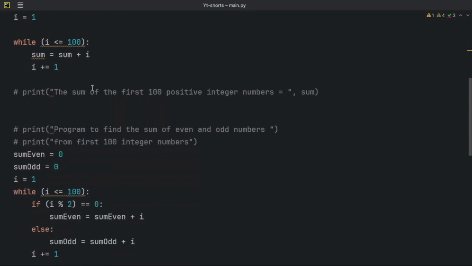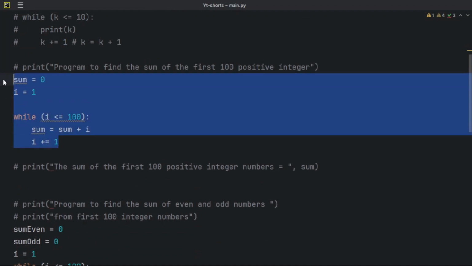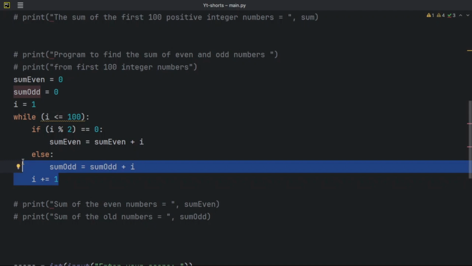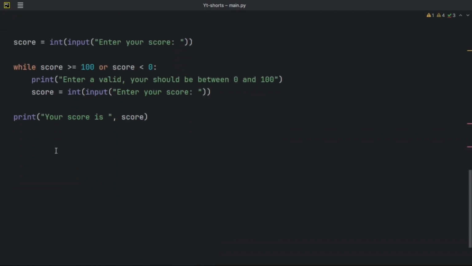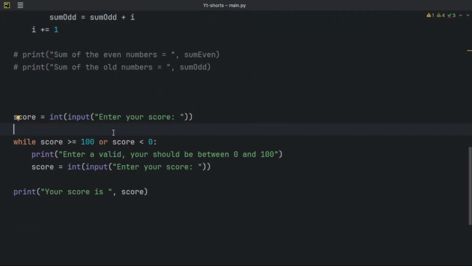And we worked on printing out the sum of the first 100 integers using the while loop itself. Then we worked on a bit more advanced projects like that, but here we're printing the sum of the even and odd numbers separately of the first 100. And here we tried to prompt the user again and again until they enter the desired data we wanted to collect from the user. So that'll be all for today,